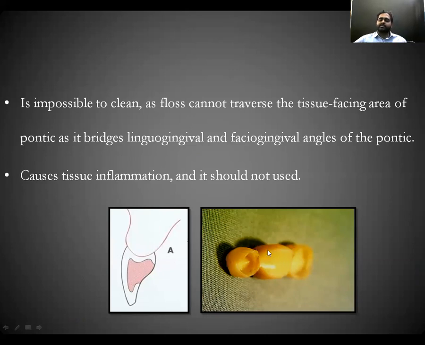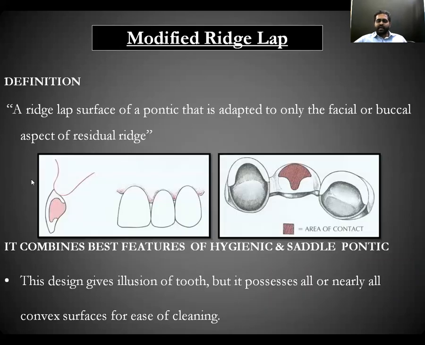Now we can see the diagram next to your ACE diagram, where we can see a 3-unit bridge. In this bridge, the contact area covers both sides. There can be food lodgement and inflammation present. There is a modification of the ridge lap to maintain the periodontal conditions and control the inflammation by the contact. So we can see the area which is covered by the modified ridge lap.